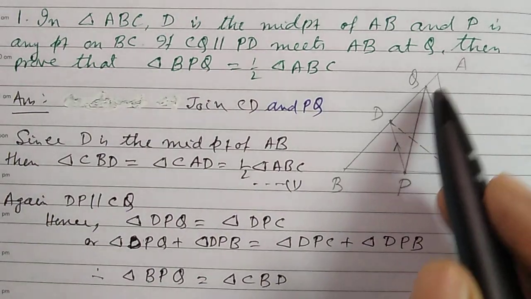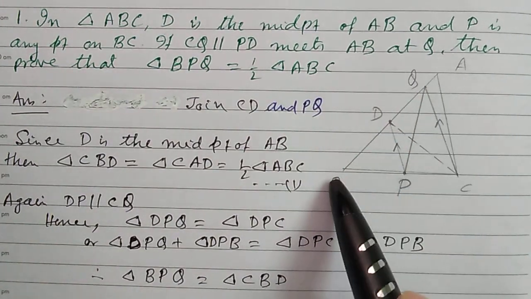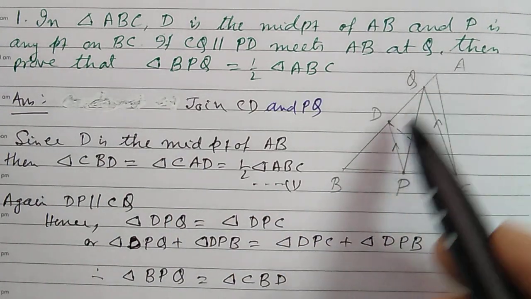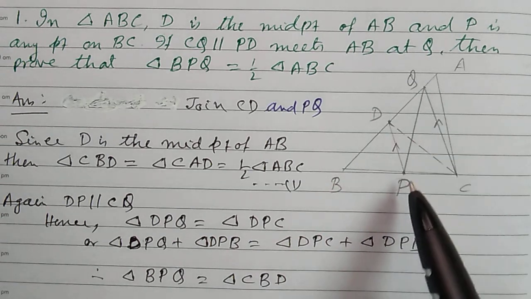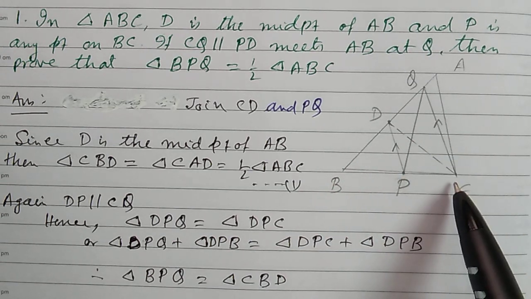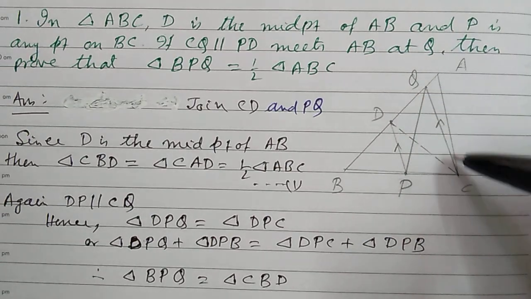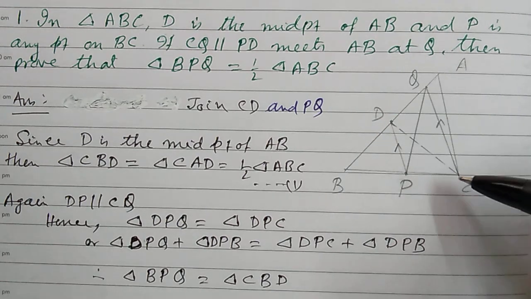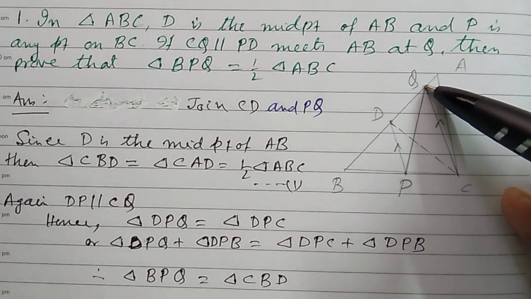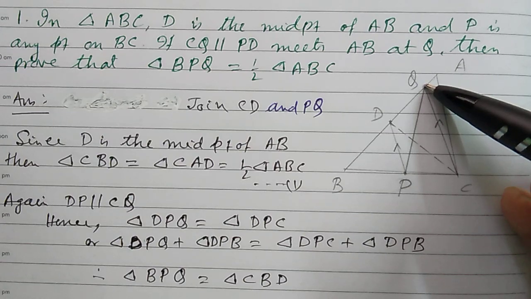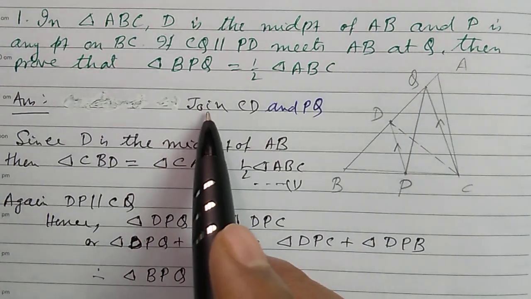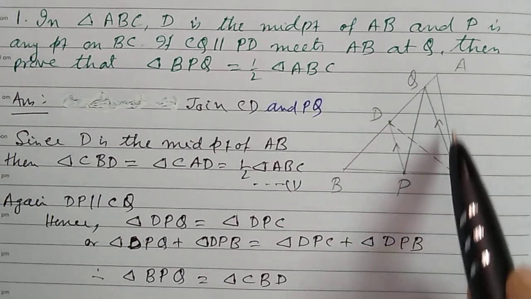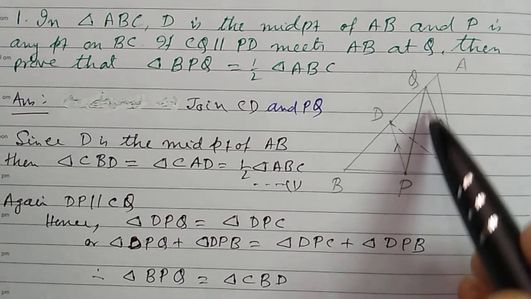We draw the diagram here. ABC is the given triangle, D is the midpoint of AB, and P is any point on BC, and CQ is parallel to PD, which meets AB at the point Q. Okay, now we join CD, that is, CD is the median of the triangle ABC, and also join the line